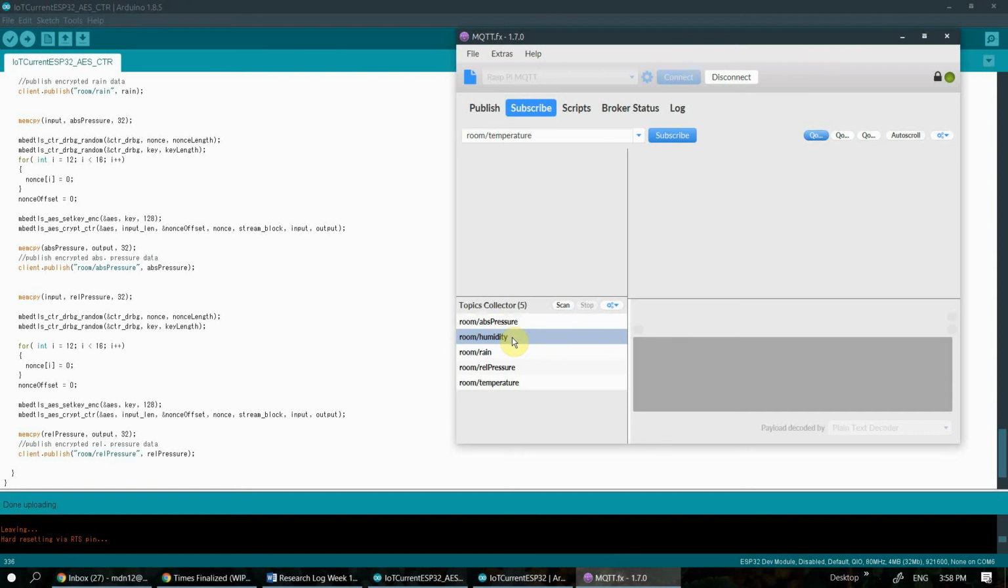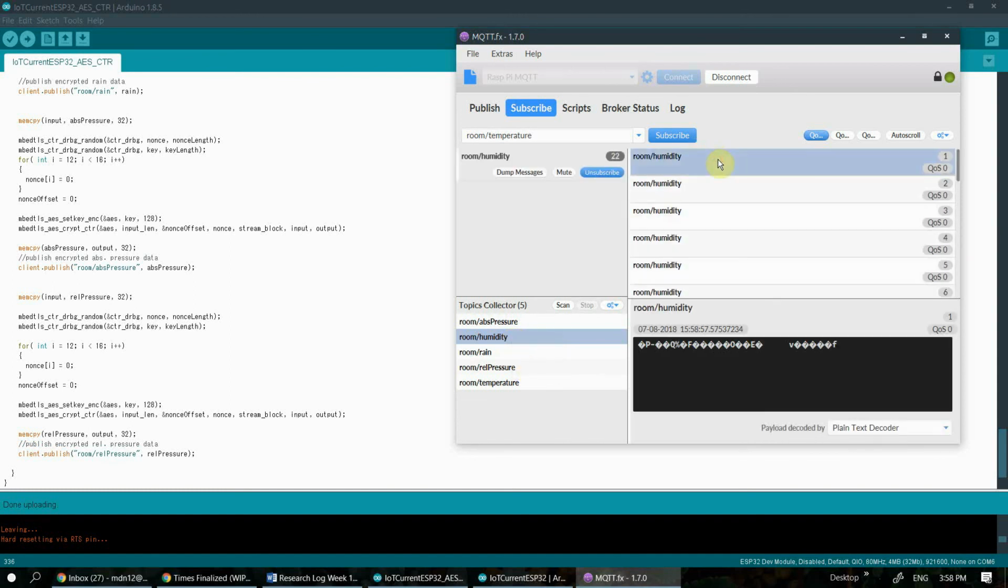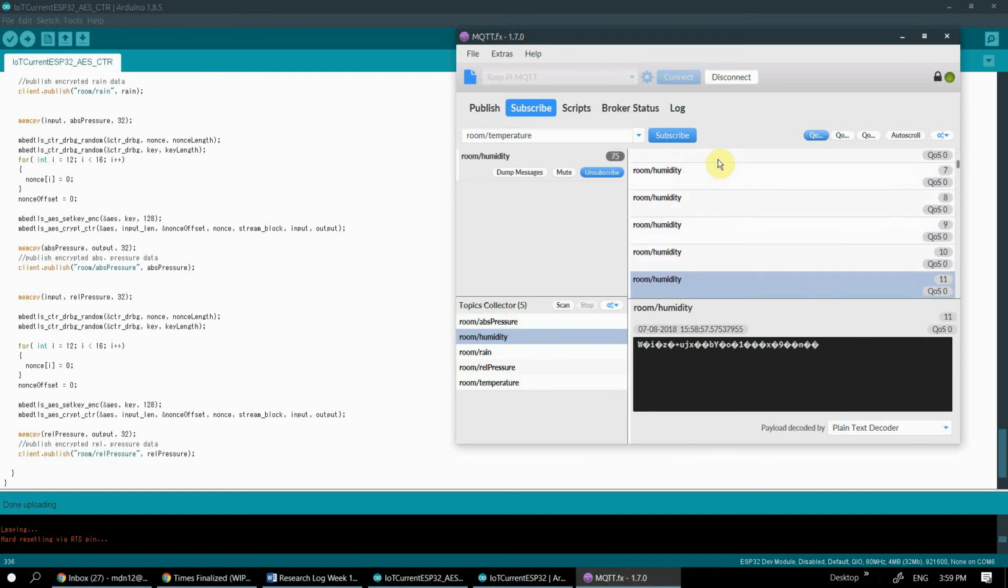If there was a hacker sniffing traffic between these two devices and there was no security in place, they'd be able to see what the values are. However, with encryption in place, this data becomes obscured. You can't read what it is. Without the key and without the initialization vector that was used to encrypt this data, you won't be able to